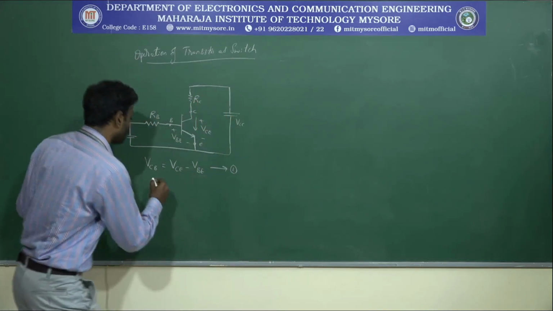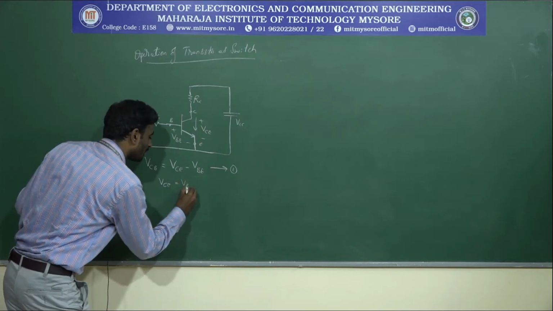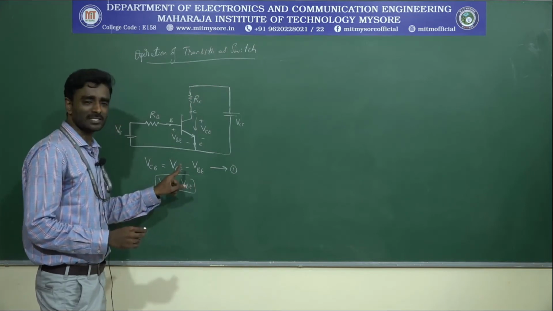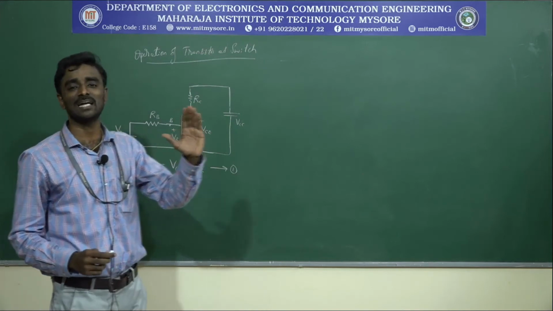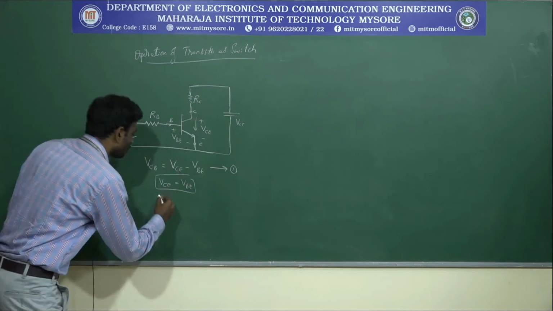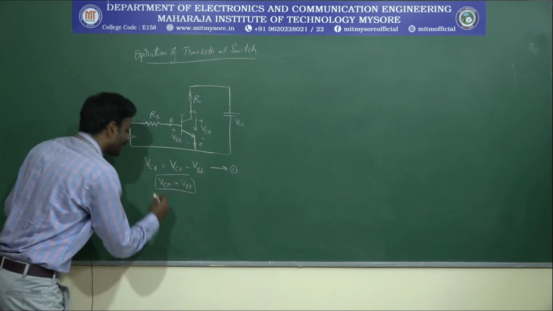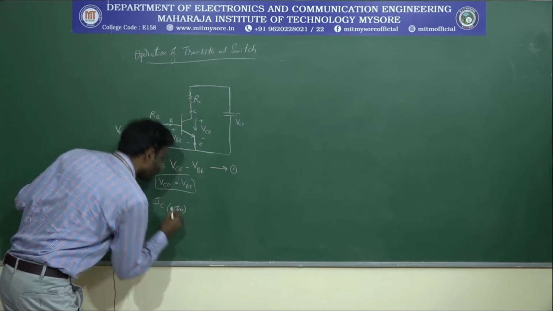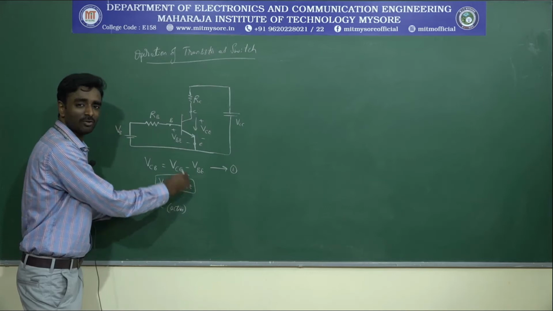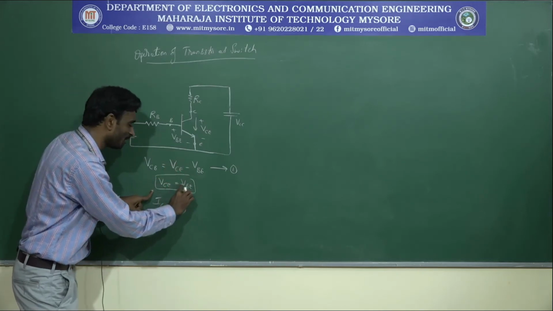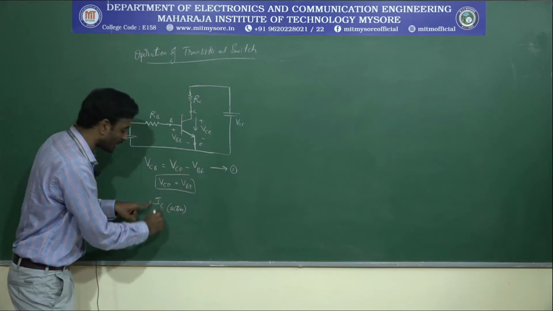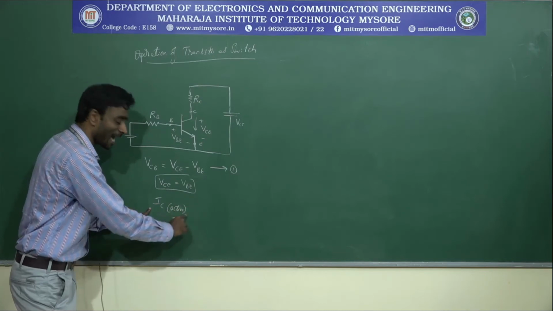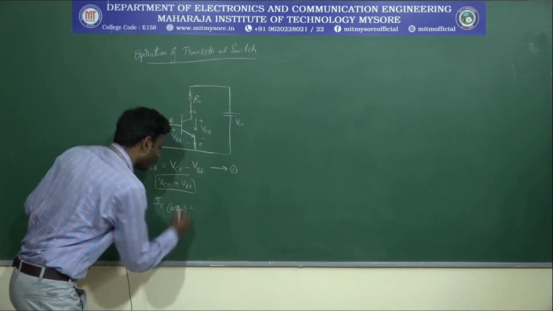In this stage what happens, the VCE should be equal to VBE. When the collector emitter voltage is equal to the base emitter voltage, automatically your transistor will start conducting. So this should happen in your transistor to make it a conductivity condition. The first condition is the active region; before this value, that will be a cutoff region. When it crosses, VCE equal to VBE, the voltage will be in a positive mode, that will be called an active region. Remember one thing, your transistor will never operate in the active region when it works as a switch, where it will work as an amplifier.